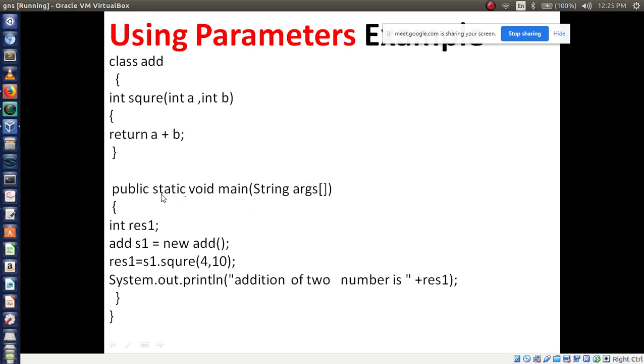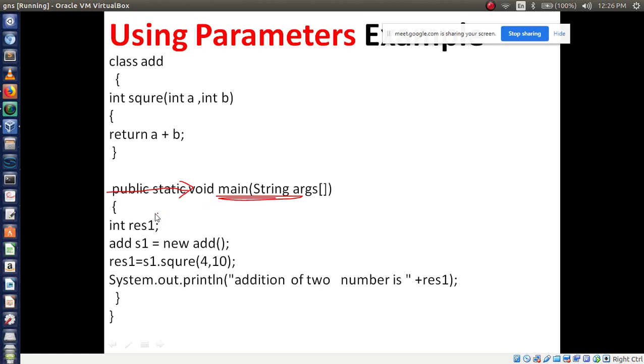First my control will go to which line? Main method line. When you give the command java add and run this program, your control goes to where? Main method. So main method is here.